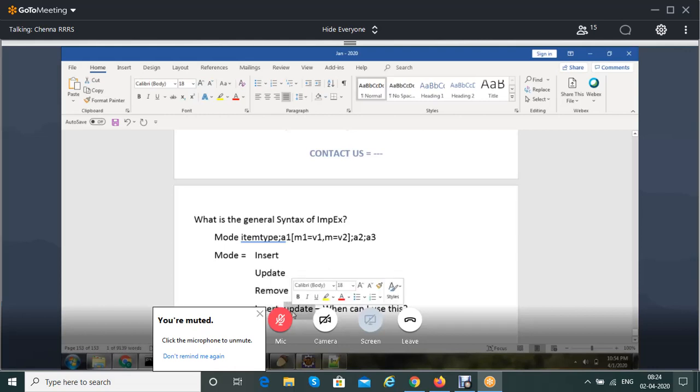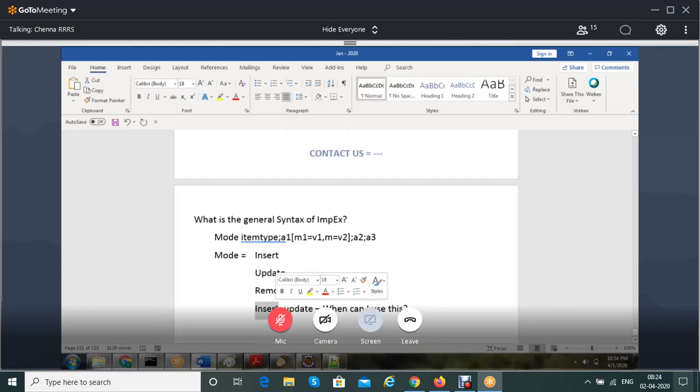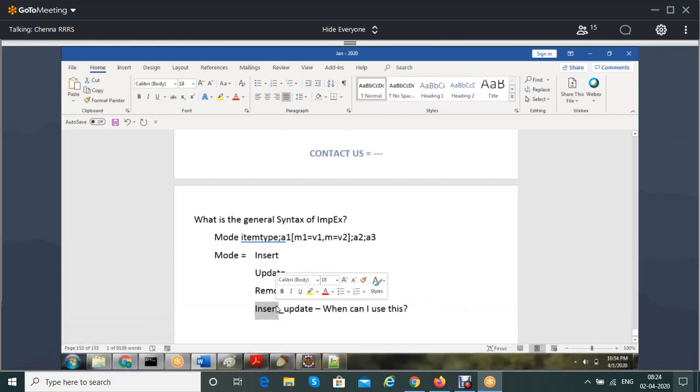The specified record, if already there it will update it, if not there it will create it.